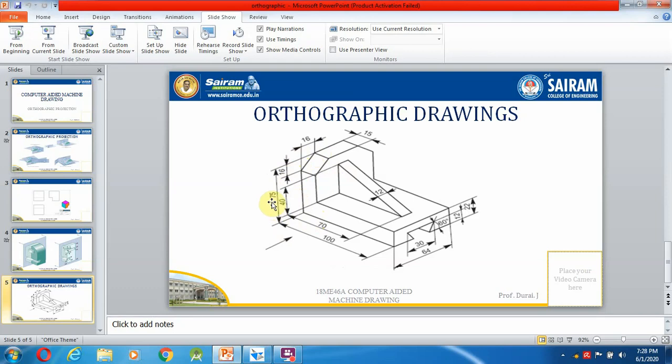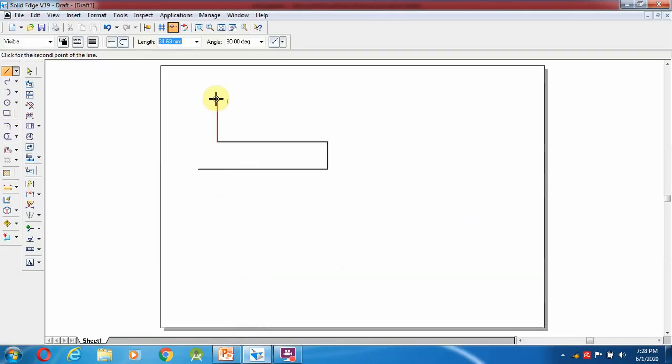So 75 minus 22, because this line we have to subtract. So 75 minus 22, we are getting as 53 mm.